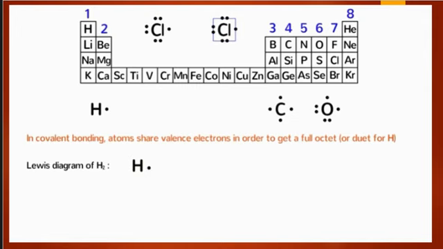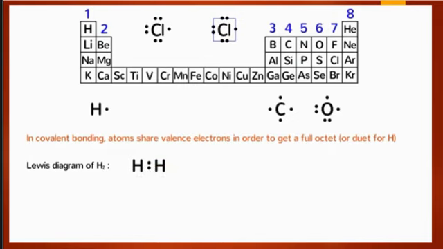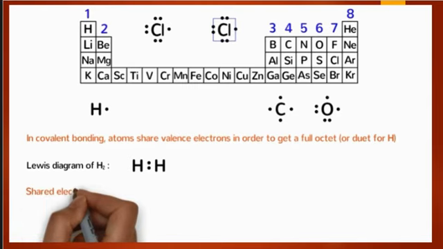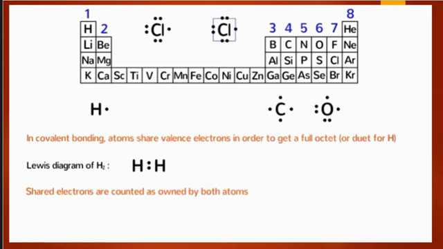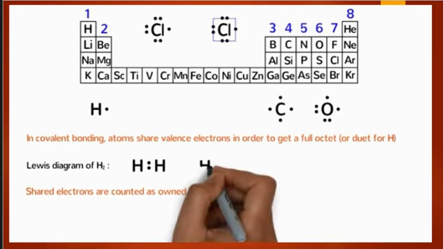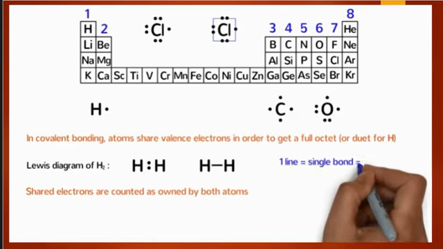So in order to satisfy its desire for another electron, 2 hydrogen atoms will share their electrons with each other. And the crazy thing is that in the wonderful world of atoms, the shared electrons are counted as owned by both atoms. That means that both hydrogen atoms are happy because they both satisfy the octet rule. Now, we normally draw hydrogen and other molecules like this with lines to represent shared electrons and dots only for non-bonding electrons. These 2 diagrams of a hydrogen molecule are equivalent because one line, which is a single bond, represents